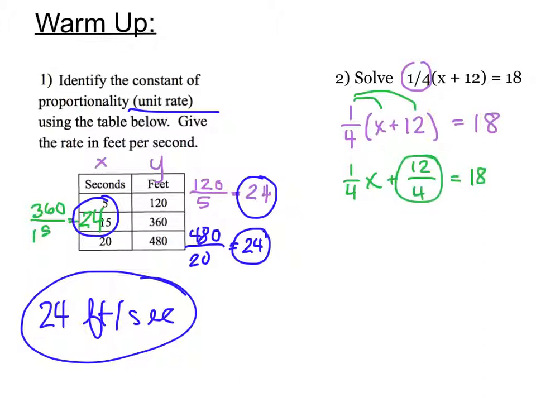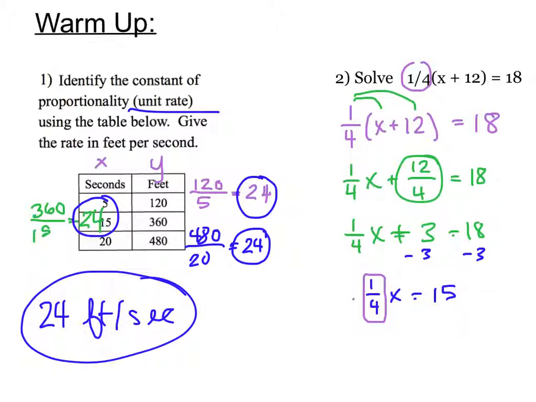We can simplify this right away. 1/4 x plus 3 equals 18. And then we have to simplify, so subtract the 3 from both sides. 1/4 x equals 15. And in order to get rid of this 1/4, rather than dividing by a fourth, the